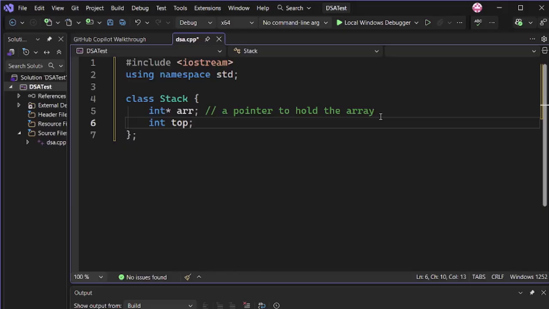So the top variable will give you back what's on top of the stack, the value that's on top of the stack. Okay, so if I enter 1, 2, 3 in the stack, 3 is going to be on top of the stack. 1 is going to be at the bottom of the stack. So I'm going to just comment here, variable to hold the top